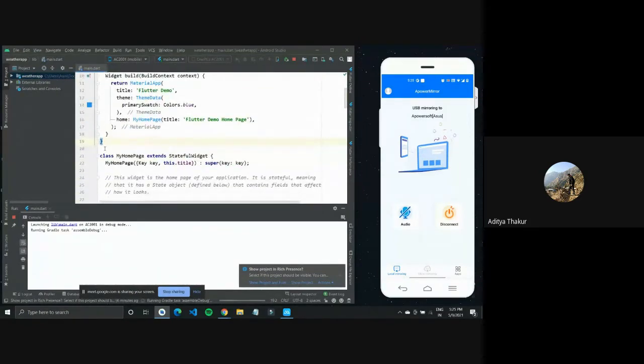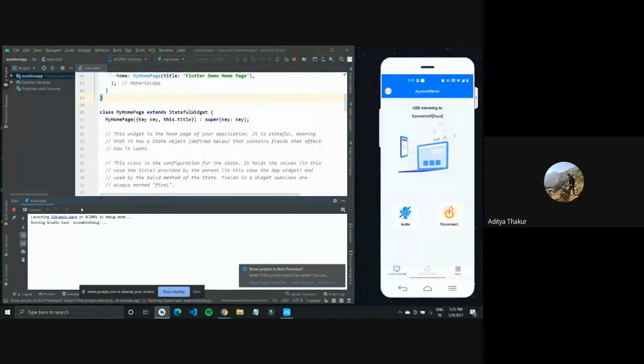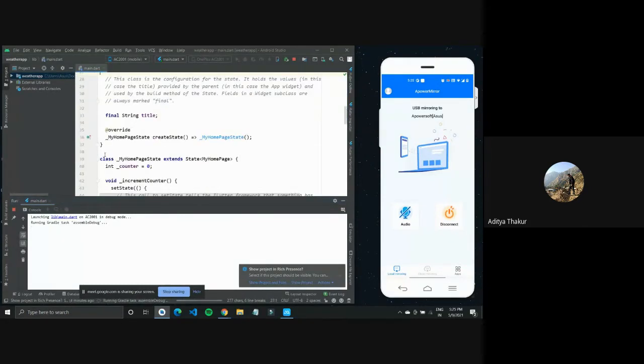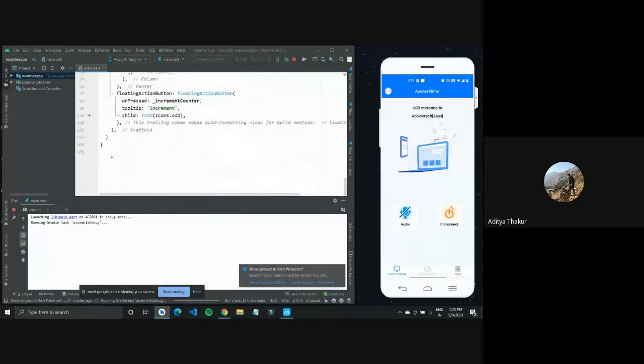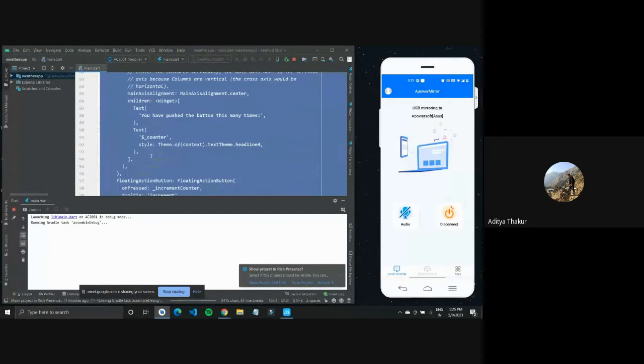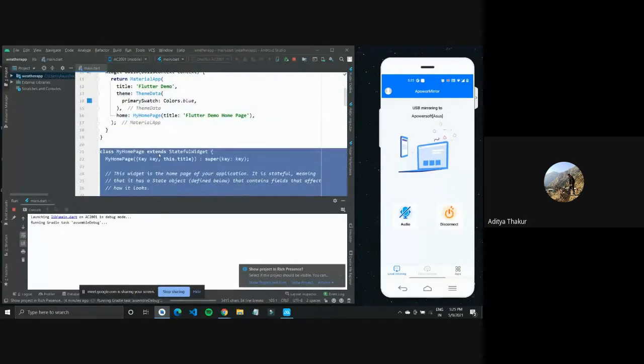And what we'll do is we are waiting on this application to run. It will take some time to configure the Gradle files, then build the APK, and then launch it on a mobile device. But while it runs, we can clear the code. And what we'll do is we'll get rid of the home page, as in the home page that it comes with. I'll clear that.